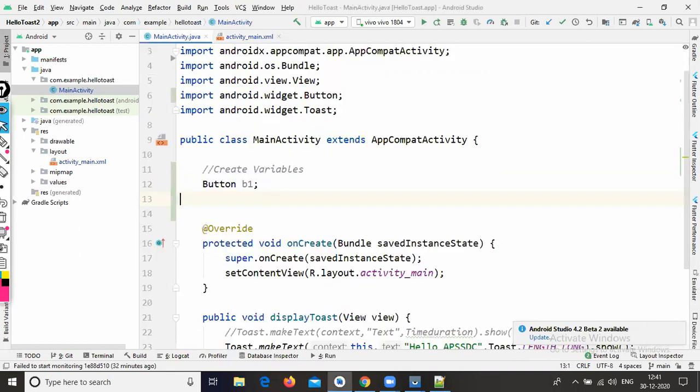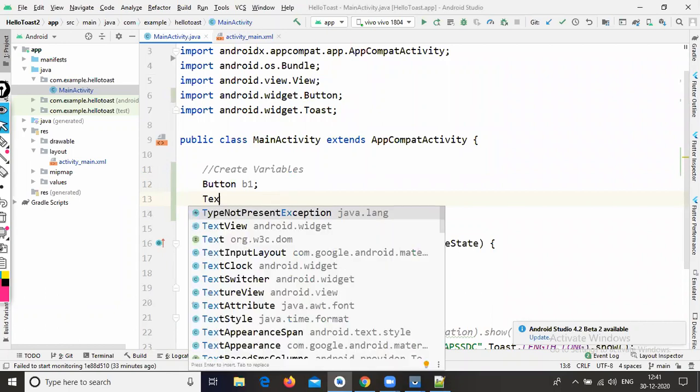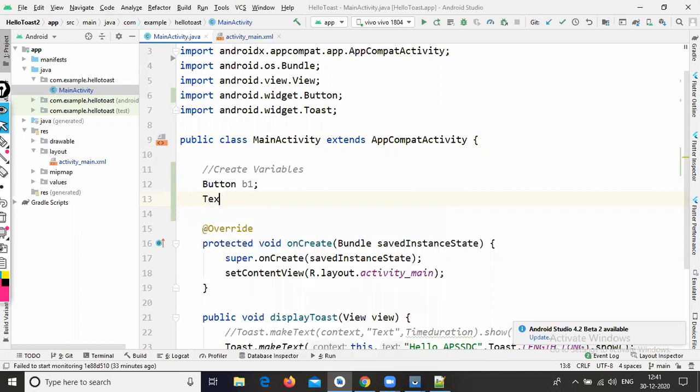That's why here I'm creating the TextView id. In the same way, just type 'text'. In the suggestions TextView is available, so just select that TextView, and here I'm creating tv.